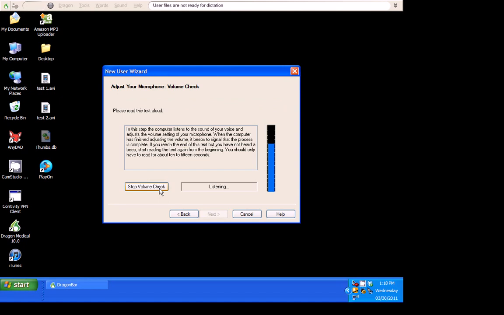In this step, the computer listens to the sound of your voice and adjusts the volume setting of your microphone. When the computer is finished adjusting the volume, it beeps a signal that the process is complete. If you reach the end of this text but you've not heard a beep, start reading the text again from the beginning. You should only have to read for about 10 to 15 seconds. In this step, the computer listens to